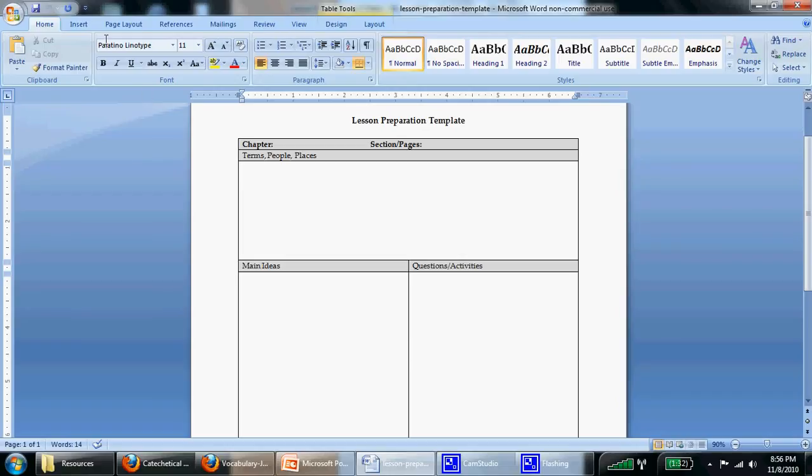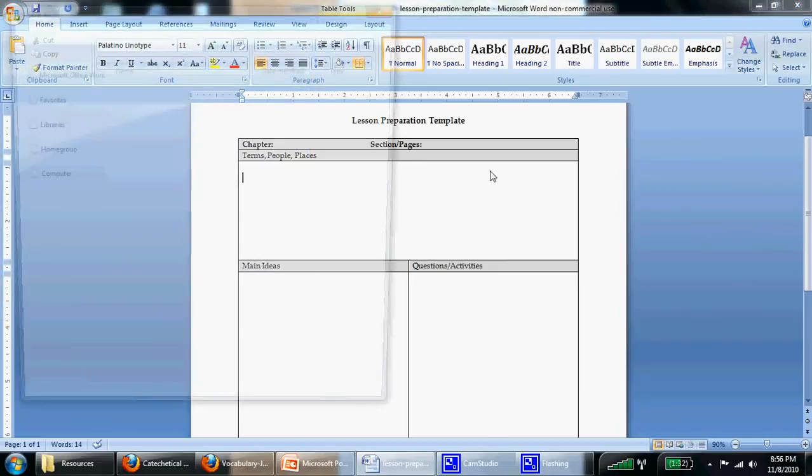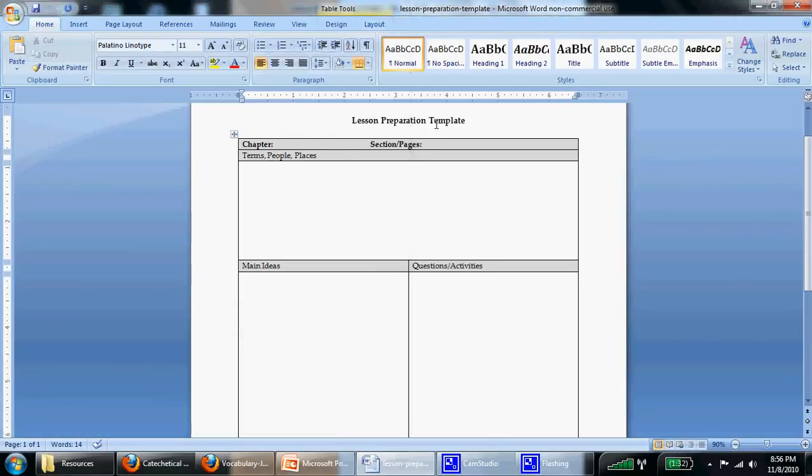So the first thing you want to do is save the template into an actual document, and you'll add the chapter. Let's say for our purposes we want to have a chapter on the Ten Commandments. And you put the page numbers here. Let's say it's 30 to 40. It's probably unlikely that you'll have only one chapter on the Ten Commandments, but just for our sake